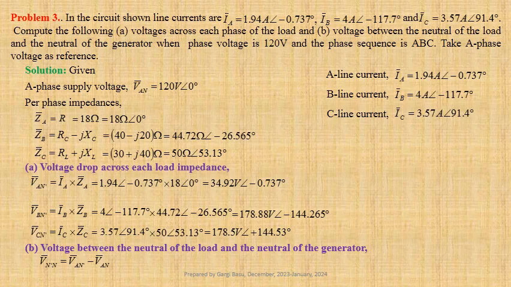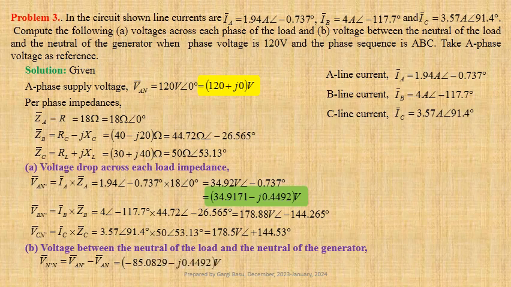In Cartesian form, Van may be expressed as 120 plus J times 0 volt, and Van dash may be expressed as 34.9171 minus J times 0.4492 volt. Using values we get Vn dash n equals minus 85.0829